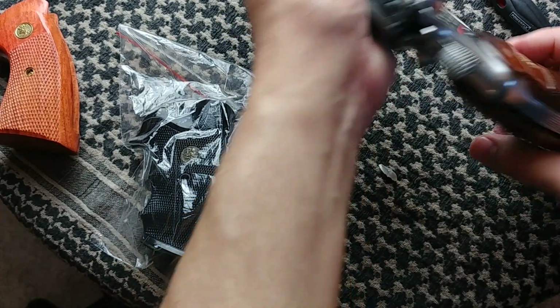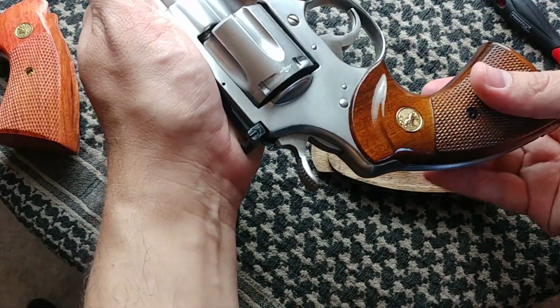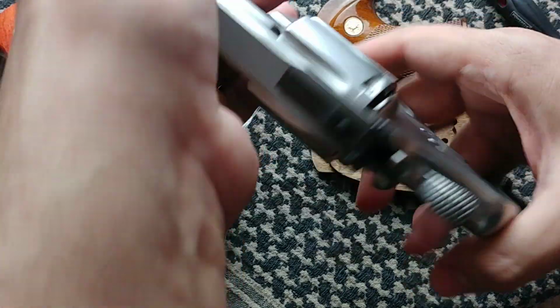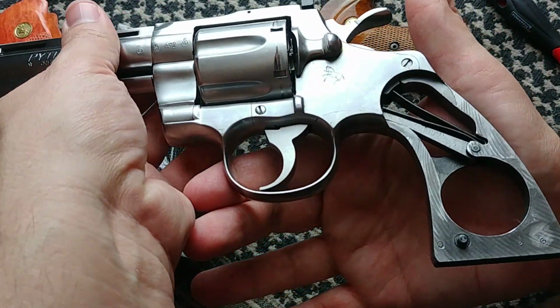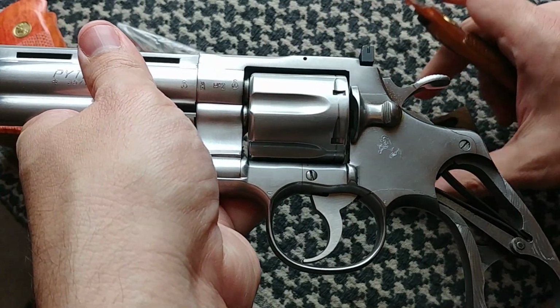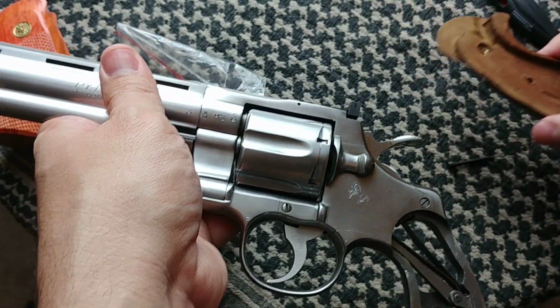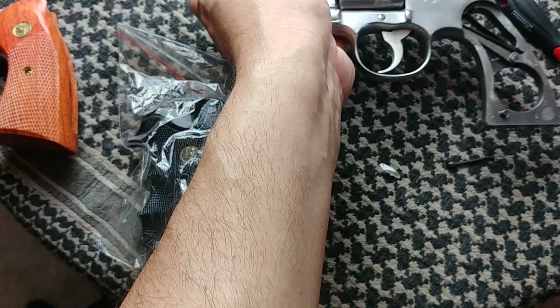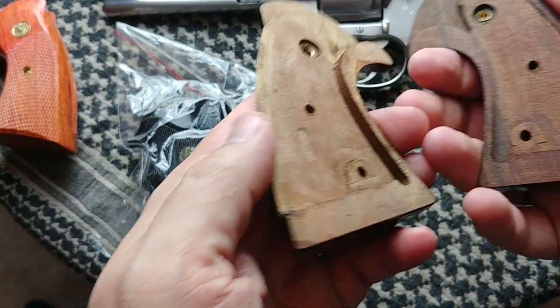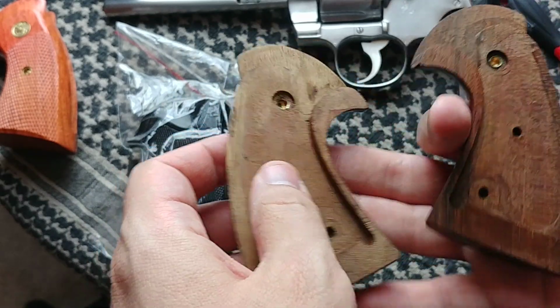Okay, seems like we're good there, and these just fall out of place. Well, this one is a little bit, there you go, comes off. So yes, this is the Python on the inside. It's a beautiful gun. It's just such a nice, enjoyable piece, and a fine firearm in its own right. The grips, these would be original ones. There's really nothing you can tell between